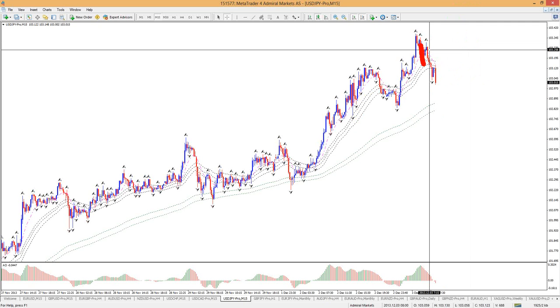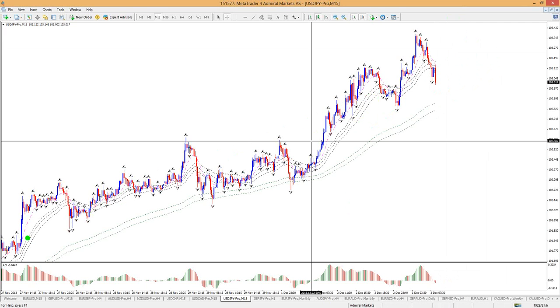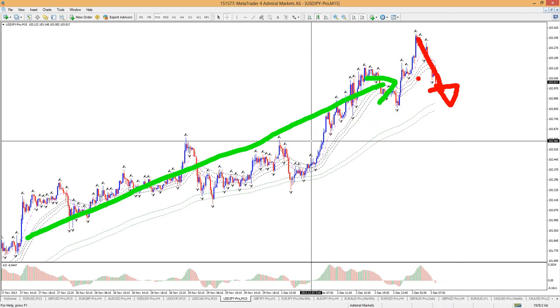At the moment, price is here, as we can see, unfortunately moving in the opposite direction of the trend on this 15-minute chart. If you have any doubt what the trend is, you can see prices above the moving averages. And we see a fall here, so they're opposite of each other.